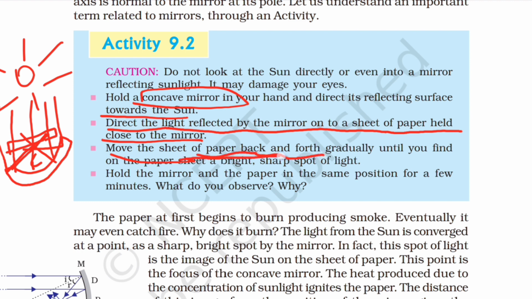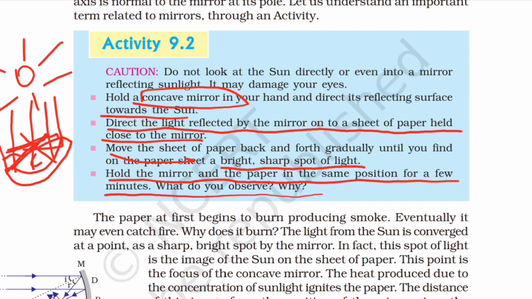Move the sheet of paper back and forth gradually until you find a bright, sharp spot of light on the paper sheet. We will see a bright sharp spot of light on the sheet. Hold the mirror and the paper in the same position for a few minutes. What do you observe? Automatically the paper begins to burn, because all the radiation of the sun